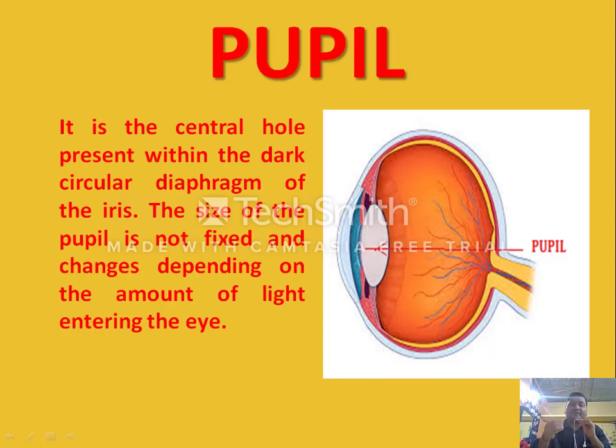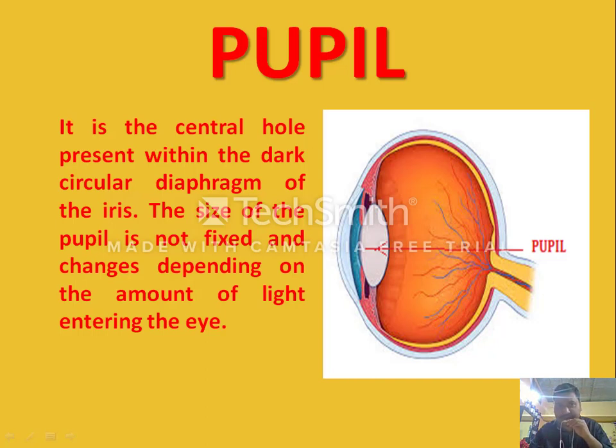Now when you come into a dim room, you will have access to a lesser amount of light. In this case, what will happen? The pupil will grow bigger, so that more and more light can enter your eye, so that you can easily see. This will enable you to see the figure clearly.